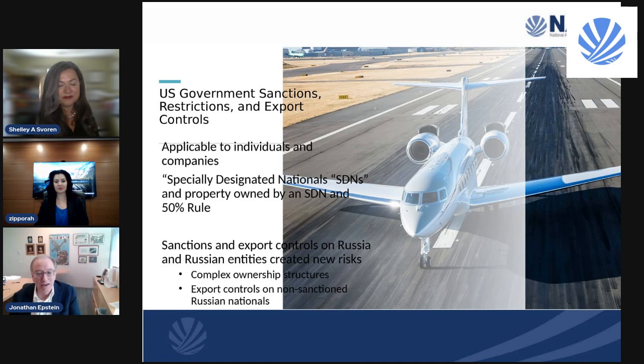Russia has made things very difficult, I would say, because you not only have these sanctions on Russian oligarchs, you've got this task force, the KleptoCapture Task Force, seeking to identify and stop Russian assets, and you also have these complex ownership restrictions. And not to take too much time, but in preparing for this, yesterday the Department of Justice